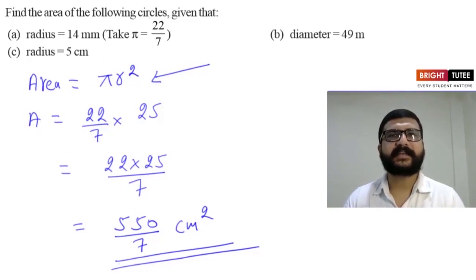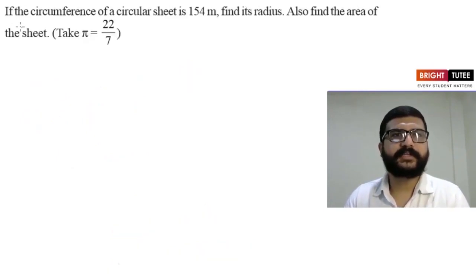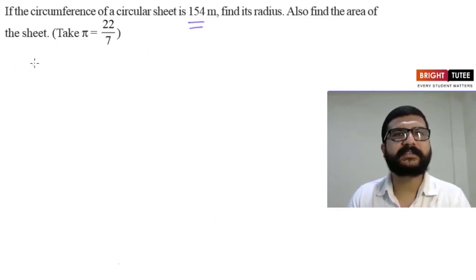Now let us see the next question. The question is, if the circumference of a circular sheet is 154 meters, find its radius, also find the area of the sheet. So first of all, let us find the radius of the circular sheet. So here circumference is given as